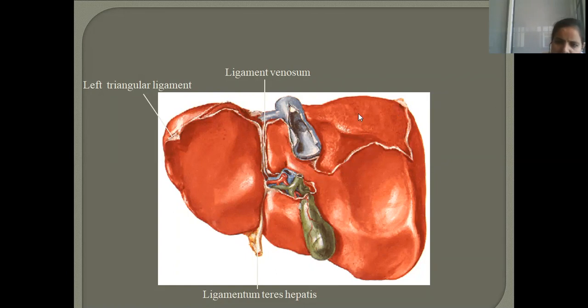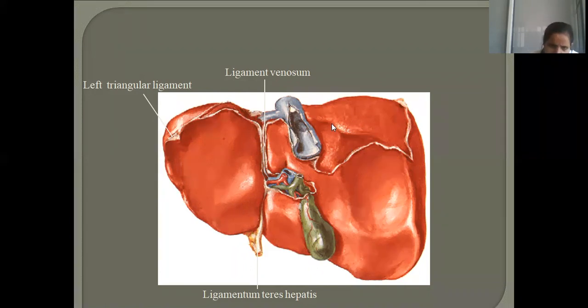So that's why I told you the whole of the liver is covered with peritoneum except for a few areas which are actually called bare area. Bare area is a word where we do not find any peritoneal covering. Now that peritoneal reflection is continuing. You are finding superior layer, inferior layer. In between, you don't find the extension of peritoneal covering. You call it the bare area of the liver.